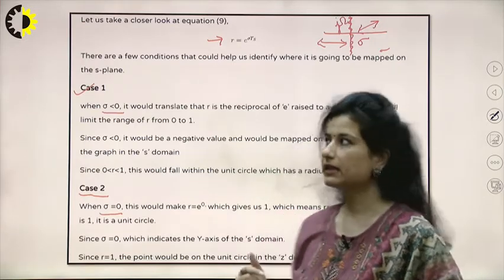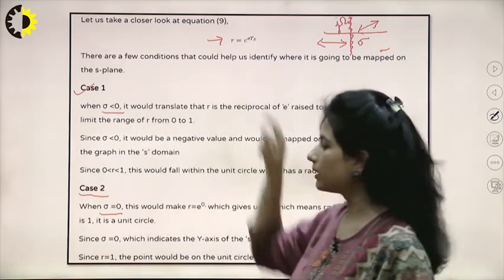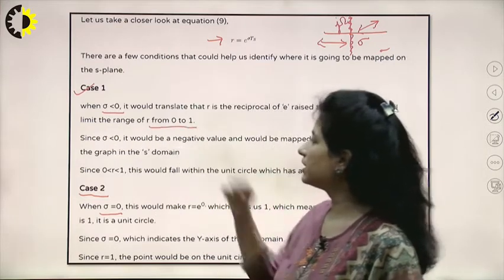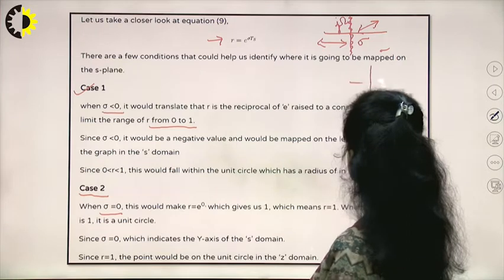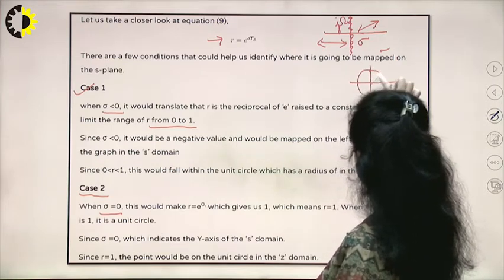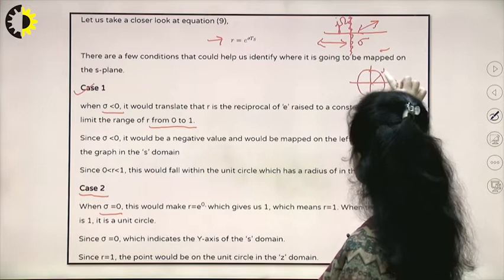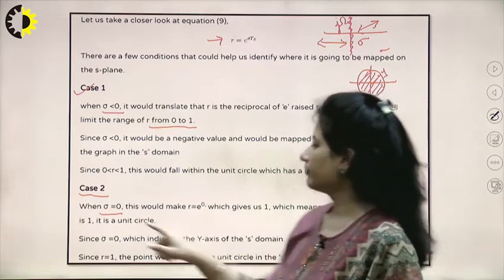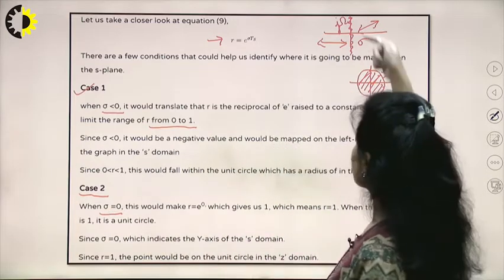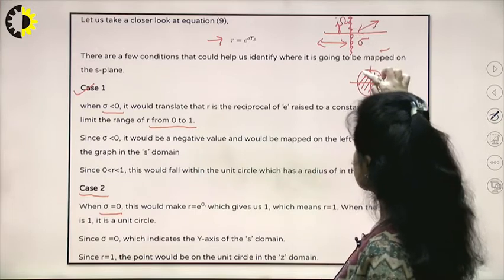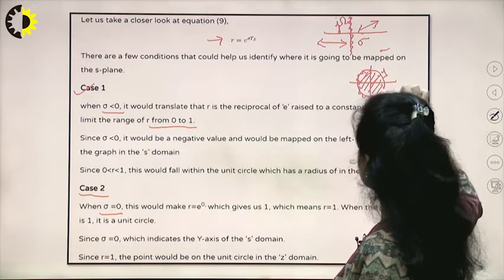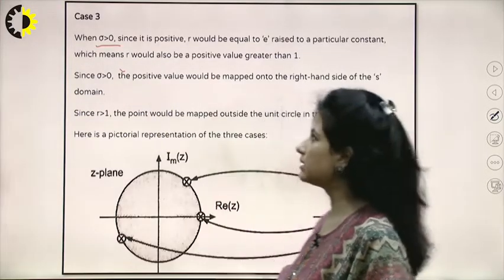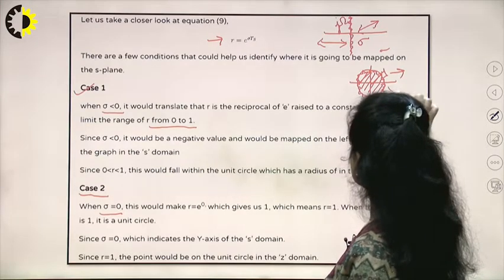So one by one we'll see what I obtain when we put these limits into the real part. Whenever sigma is less than 0, R is ranging from 0 to 1. That means whatever Z plane I am trying to create, R is ranging from 0 to 1. So if this is 1, I am talking about the area which is inside this circle. When I talk about sigma equal to 0, that means I am talking about this imaginary axis, which is nothing but the periphery of this Z plane. Similarly, when sigma is greater than 0, this is nothing but the outer region of the Z plane.